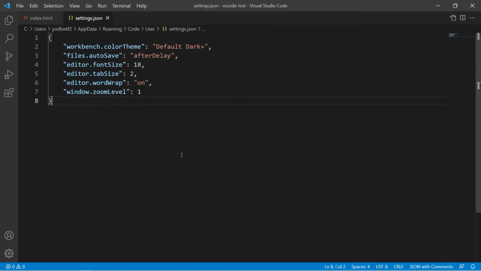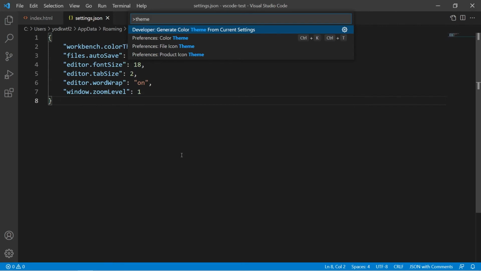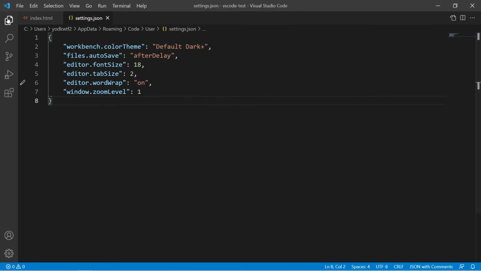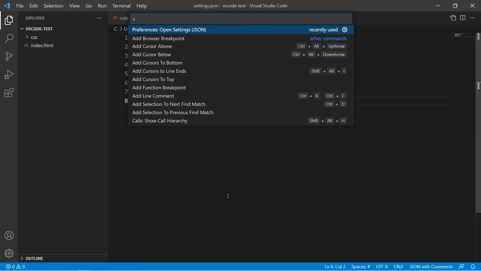Let me open the command palette once again. The shortcut was Control Shift P. So you can enter anything you want. You can create a new folder from here, new file. You can change the themes from here. You can see we have color theme, file icon theme. So basically whatever you do on VS Code by using your mouse or your keyboard, you can just do that using command palette in VS Code.